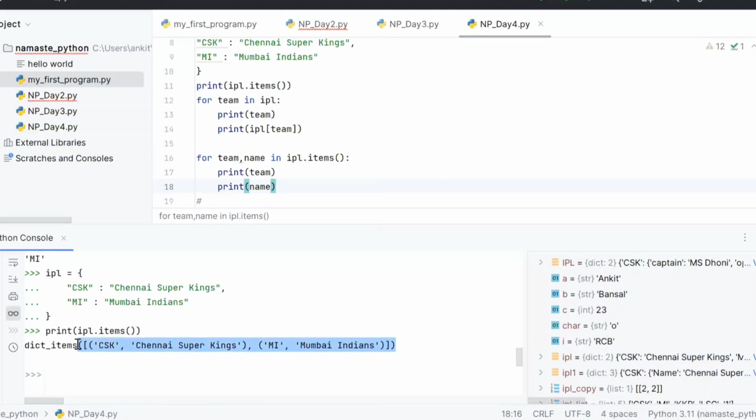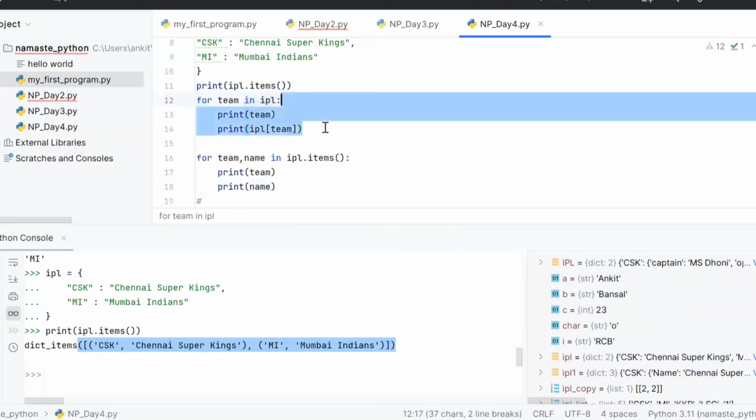For the first iteration, it will assign CSK to team and Chennai Super Kings to name directly. So instead of accessing team and then accessing the value of that key separately, we can directly assign team, name in IPL.items. When I print now, for the first iteration, CSK goes in the team variable and Chennai Super Kings in the name variable. For the second iteration, MI goes in the team variable and Mumbai Indians in the name variable.